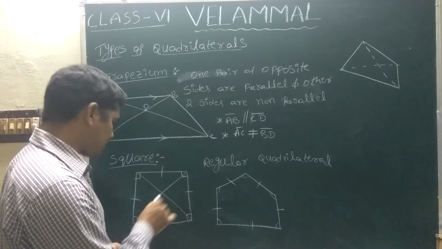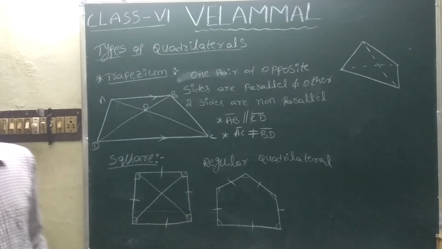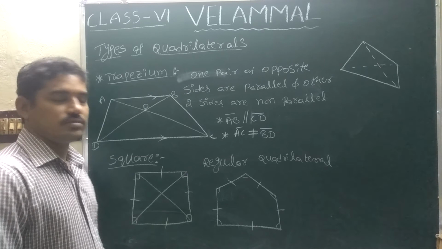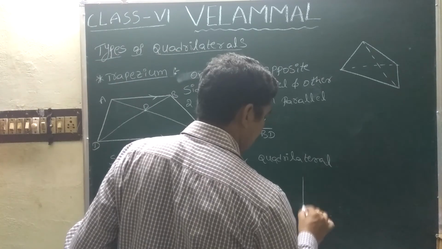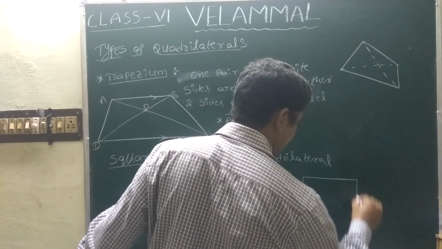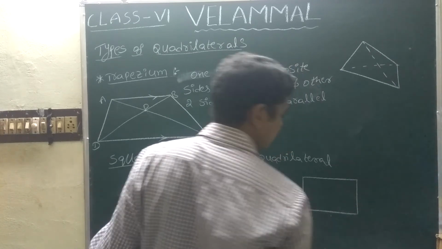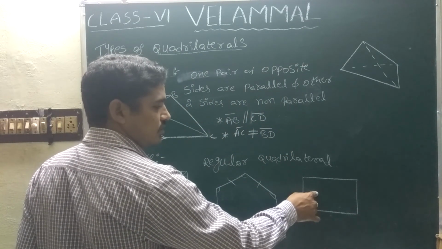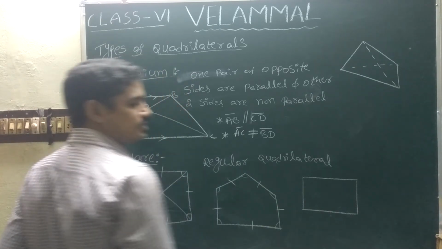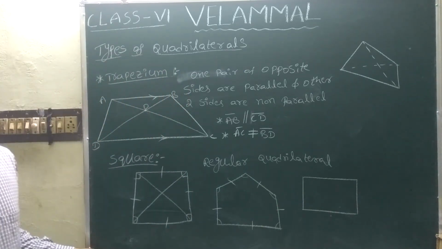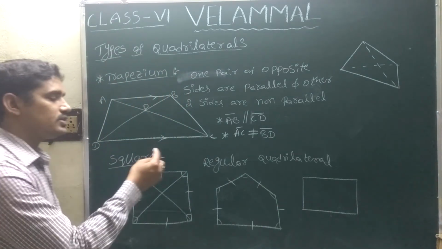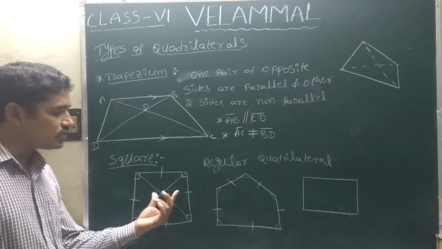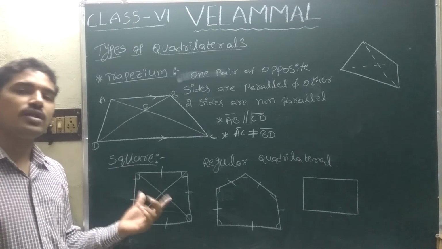And if you observe in the square, all sides and all angles are equal, diagonals also equal, we said already. So it can also be called a special rectangle. What is the rectangle actually? Opposite sides are equal. So it is a rectangle. So in the rectangle, if all sides are equal, as a specific case, then that one is called a square. So it can also be called a regular, that is a